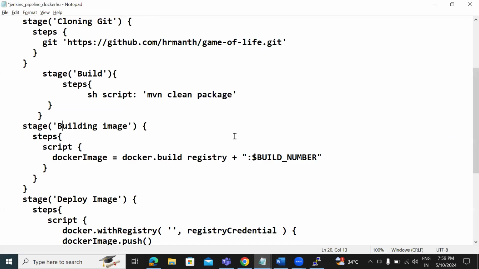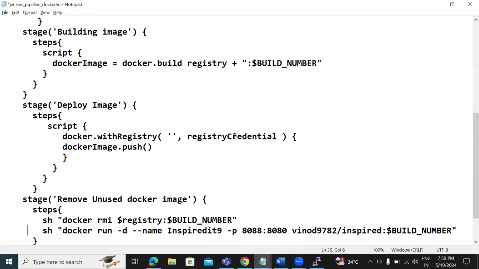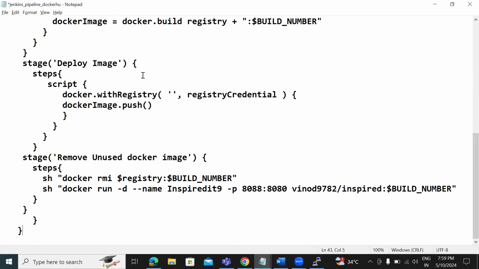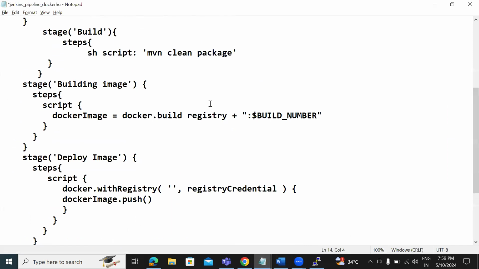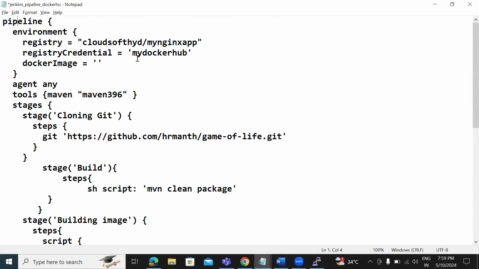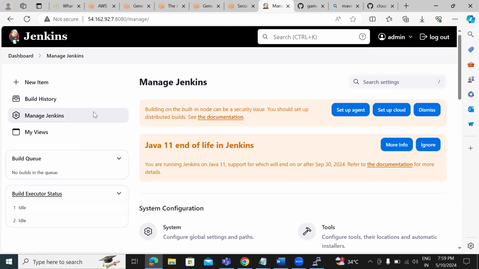Now it is able to build it, but it is going to push to the registry using our registry credentials. What registry credentials have we given in our environment variable? My Docker Hub. Okay, in your Manage Jenkins credentials,